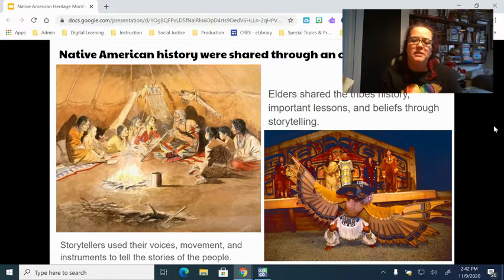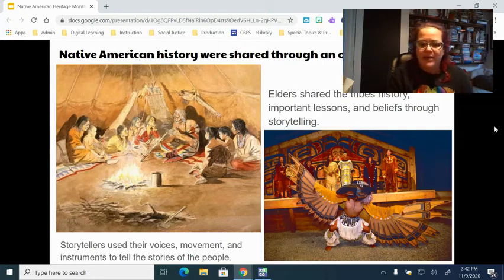The image on the slide at the top left is of a storyteller sitting around the hearth fire, telling a story. And it kind of looks like they might be in a teepee, but I want to tell you something. I know that a lot of times when